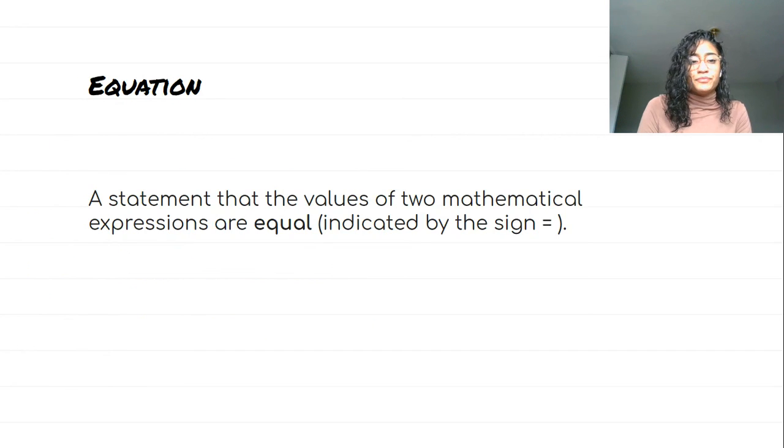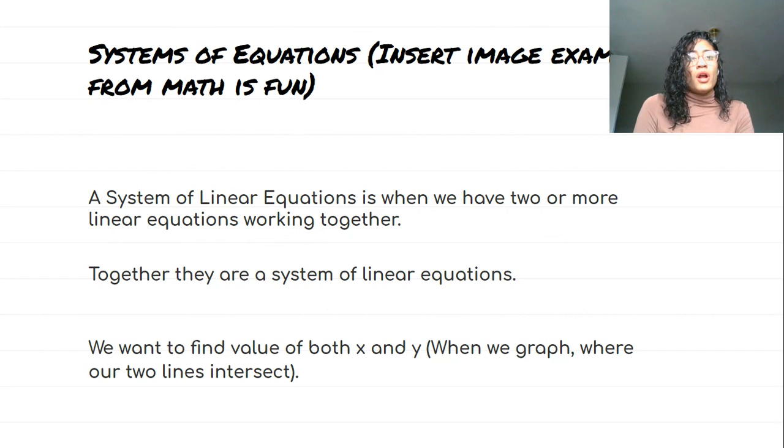And values, solutions. So an equation is a statement that the values of two mathematical expressions are equal. So an equation separates two expressions with an equal sign, right? And that is a mathematical statement that tells me that two expressions are equal. Right? So now we have